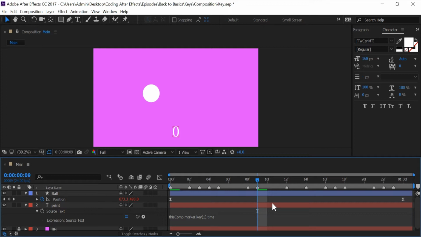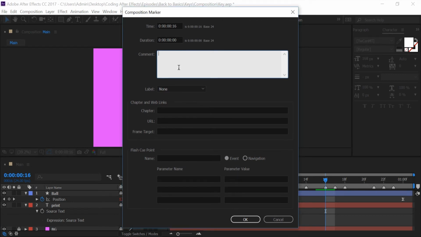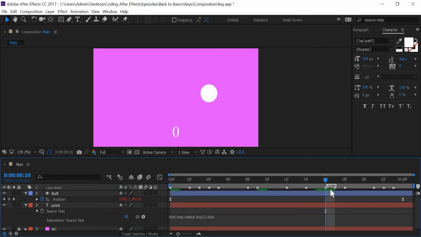That should be good enough. And I'm going to grab the marker from over here. So if I double click on the marker and write in this comment section, grab, and push OK,